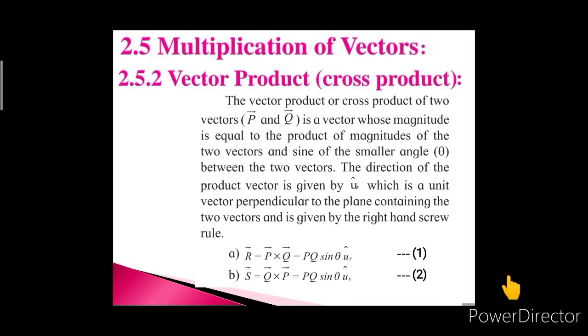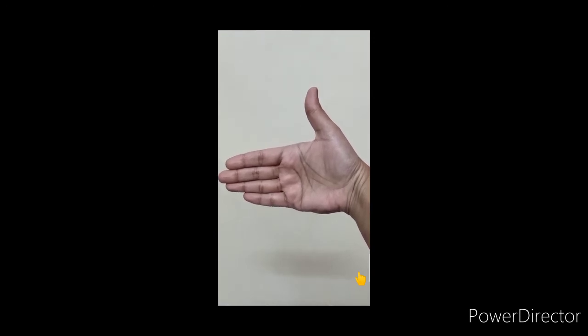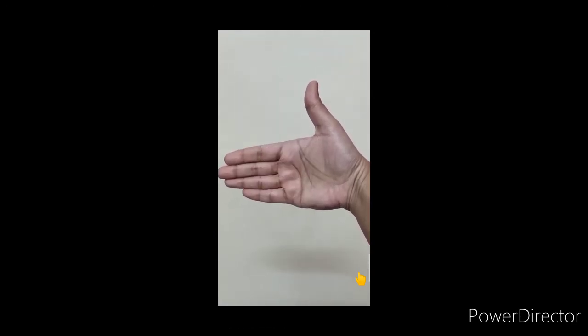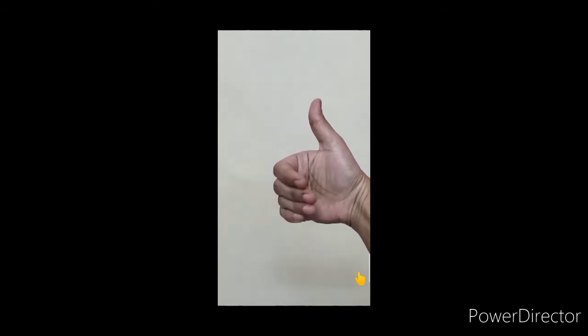Let's see the right hand screw rule. According to the right hand screw rule, if the screw is rotated in the direction from P to Q, as the fingers are curling through the smaller angle, then the direction in which the tip of the screw advances is the direction of R, that is perpendicular to the plane containing vector P cross vector Q, as the thumb